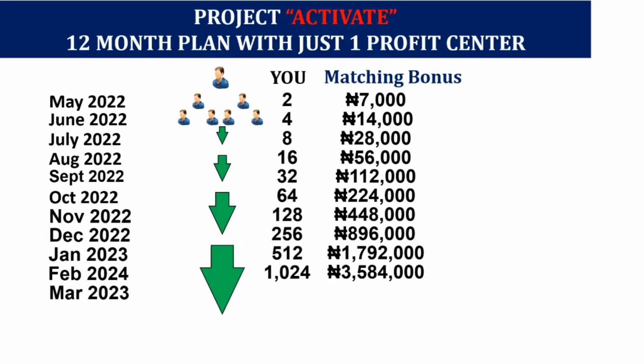In March, what happens in March? In March, the 1,024 people who connected in February will activate. Now, it is possible because everybody is just working with a minimum of 2. So you're not the one even working with the 1,024. That is why it will be very effective. If you are expected to work with the 1,024, you cannot. It won't be effective. You don't have the energy.